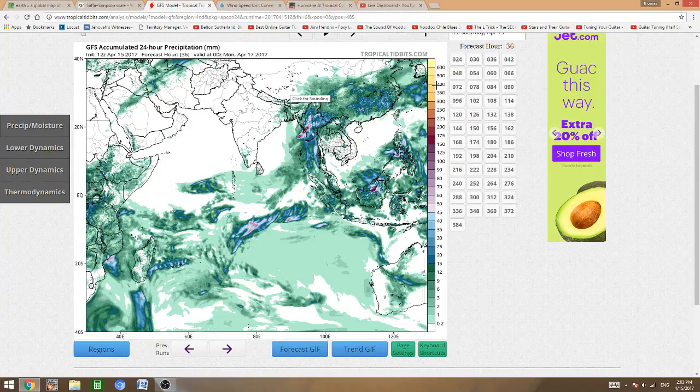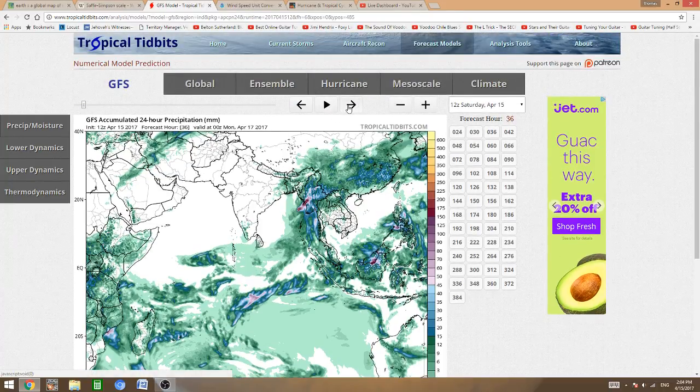Just to see, 300 millimeters of rain. That would be almost about a foot of rain. That's a lot of rain, not to mention the storm surge that's going to be coming in also along the coastline. So that's a very dangerous situation. Some areas could see up to a foot of rain. So these areas really need to be on watch for the